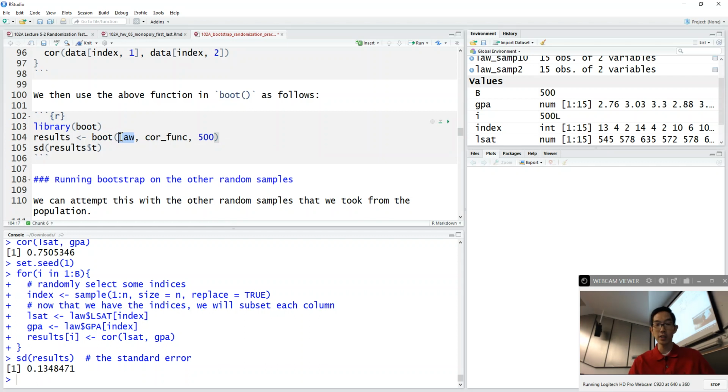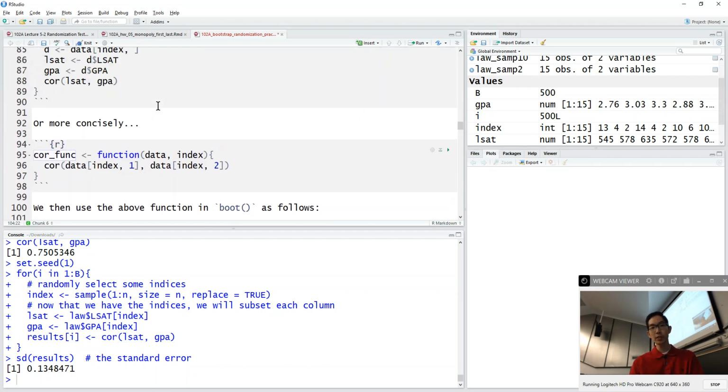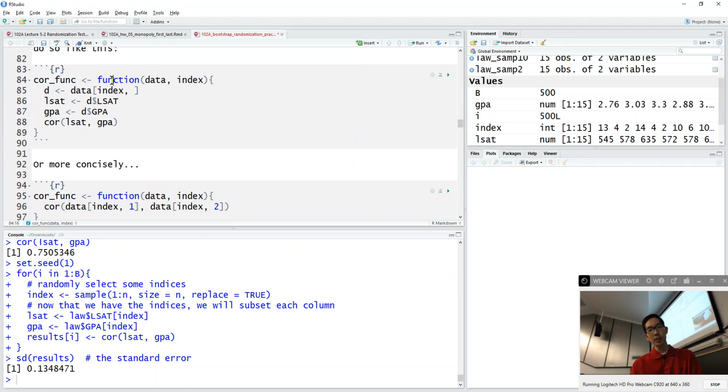in our case, the law sample, and then you have to give it a function for calculating whatever statistic it is that you're calculating. In this case, we're calculating the correlation between the LSAT scores and the GPA, okay? Now, the hardest part in using the boot function is creating a function to calculate the statistic that you want. So the function that you use to calculate your statistic needs to be a function of two arguments, okay? One is going to be the data that you're looking at, and the other is going to be